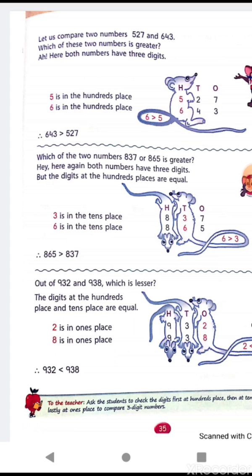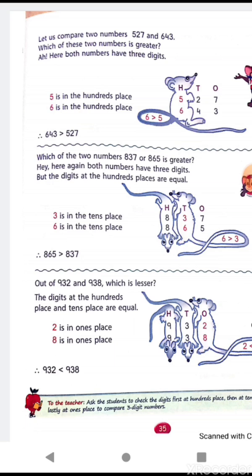Here, in both the numbers, the digit at hundreds place is 8. So we compare the digit at tens place. In 837, the digit at tens place is 3, and in 865, the digit at tens place is 6. Which is greater, 6 or 3? Obviously 6 is greater. So the number with 6 at tens place would be greater than the number with 3 at tens place. Therefore 865 is greater than